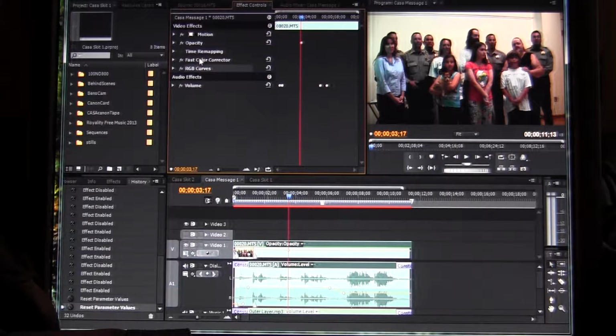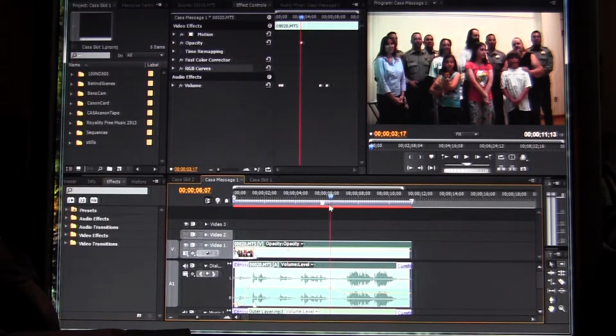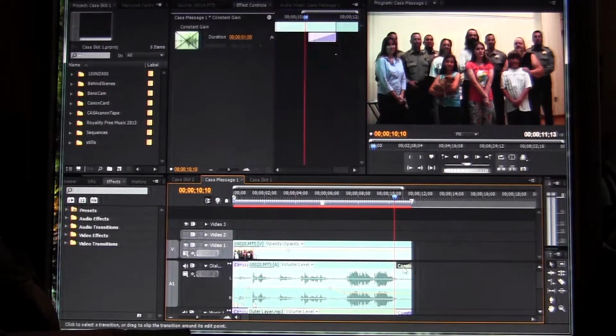Now where I got these two effects from, the fast color corrector and the RGB curves, is right here, your effects settings. And this is awesome because you've got audio effects, audio transitions, video effects, and video transitions, and there's a million of them in here. Now, if you notice here at the end of the video, there's this little thing right here,